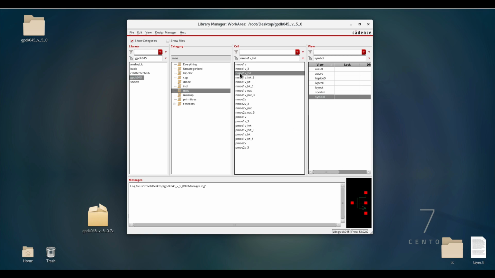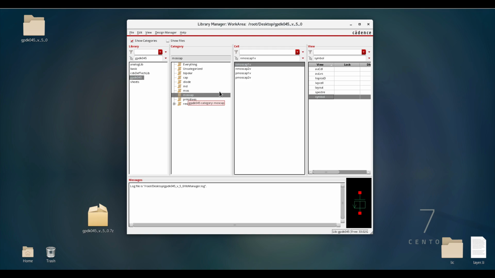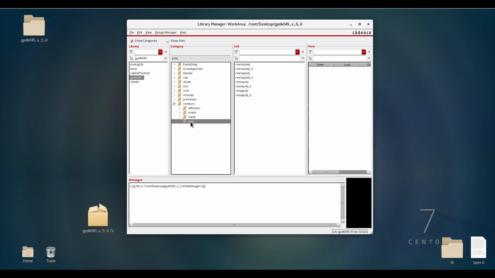Same if I come to the high voltage device, the NMOSFET 1 volt HVT device, it consists of 4 terminals, and along with that we have a body terminal also. Depending on the situation, we need to choose which device is suitable for our design. Then we have the MOSCAP. Separately they have given MOS capacitors, NMOS cap and PMOS cap. Other than that we have different types of resistor, like diffusion resistor, metal resistor, N-well resistor and poly resistor. Everything, active and passive devices, is available in this PDK.